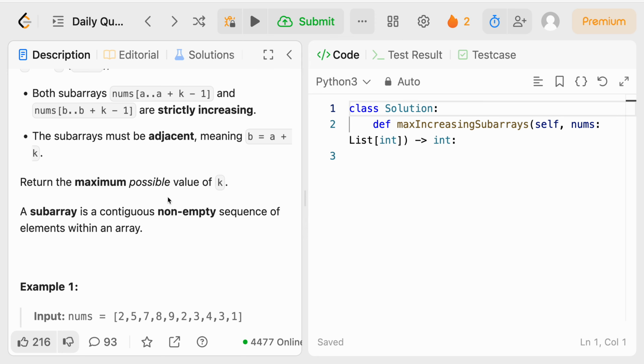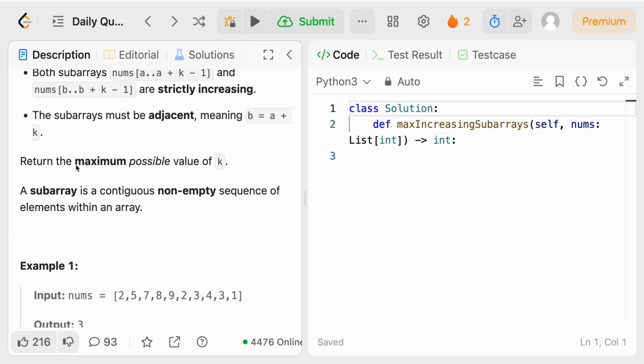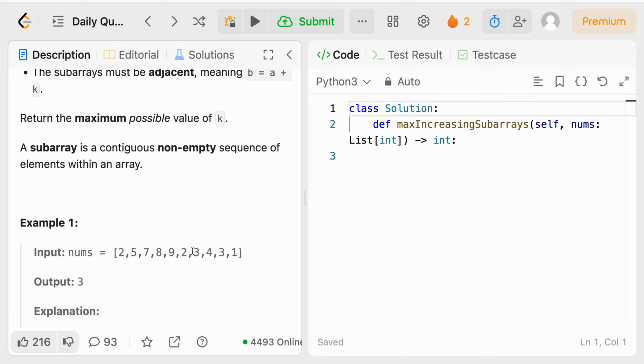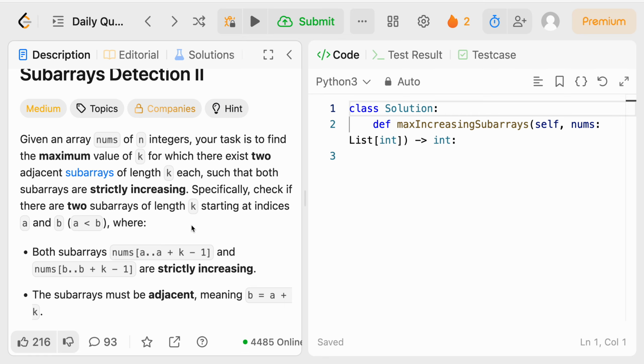It's not if it's valid or not. It's not just a boolean that we're outputting like yesterday's problem. We're actually returning the maximum or best case scenario from our input, or in other words, the maximum possible k value that we can form between adjacent increasing subarrays that are strictly increasing in our input array nums. So I'm just going to quickly gloss over the problem statement once again, almost the exact same as